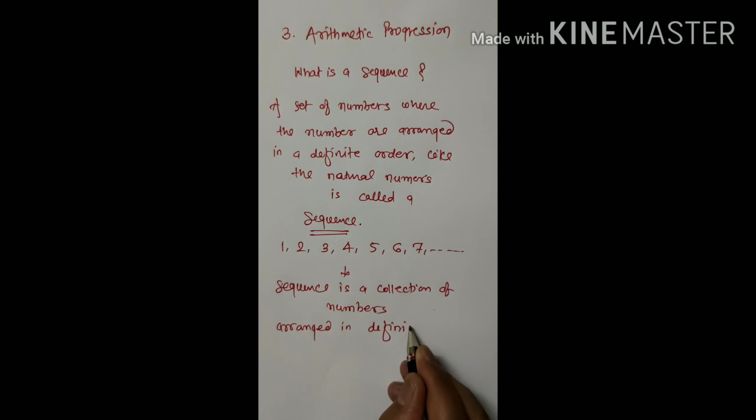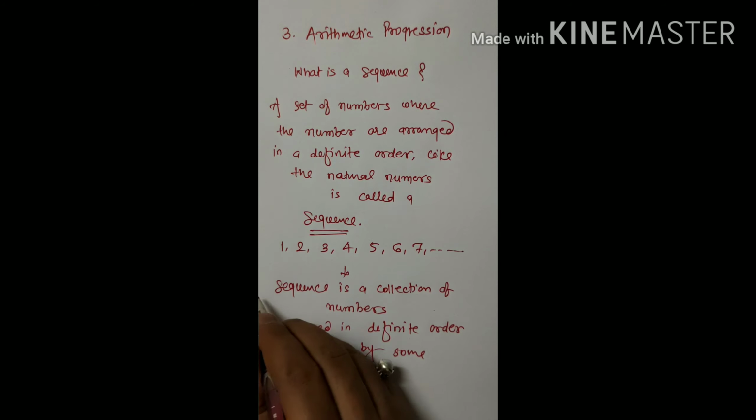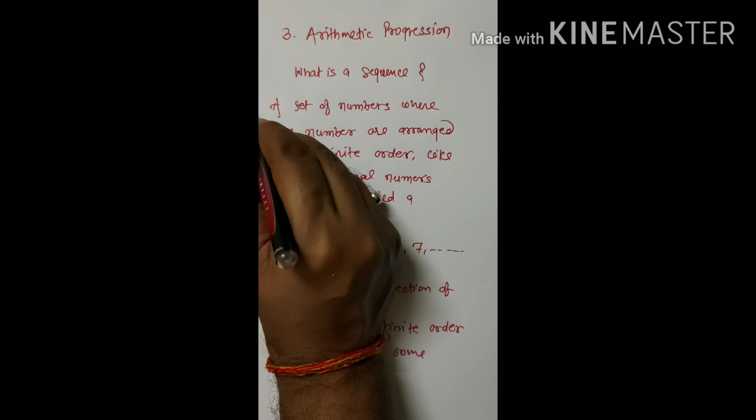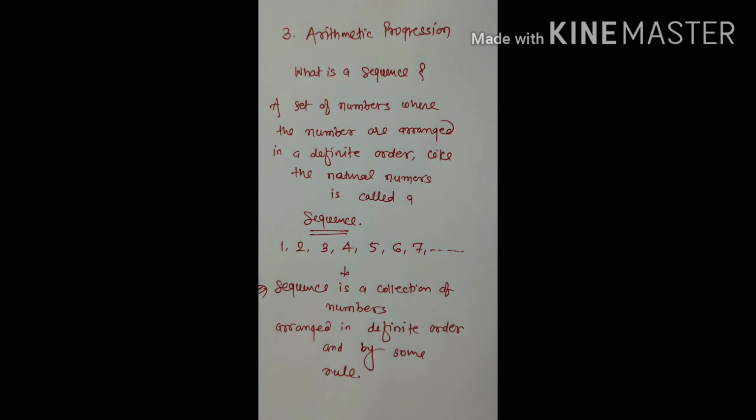Sequence is a collection of numbers arranged in a definite order and by some rule. Okay student, this is what is written in the textbook. What is a sequence? Now student, I will discuss